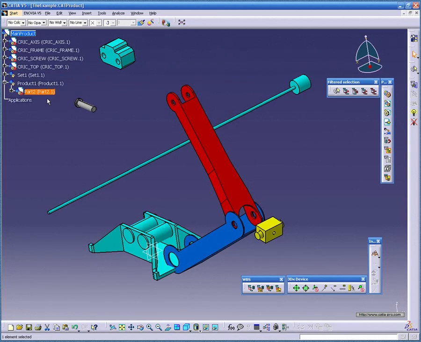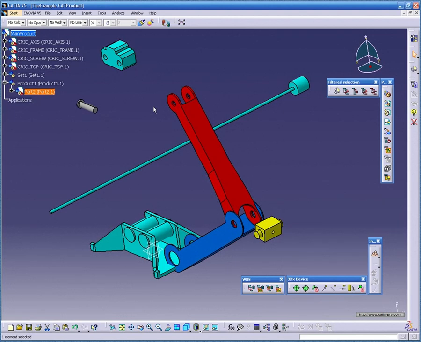As you see, the new part is inserted in the specification tree, which is unlike the product documents. It is identified by this Part Design document icon. In other words, it includes axis system shape